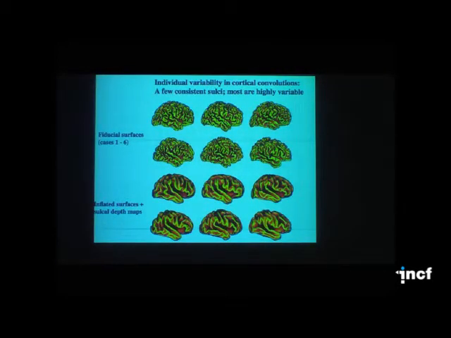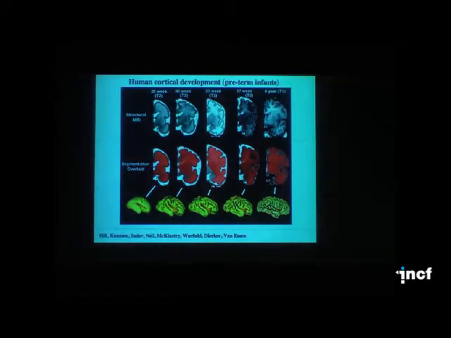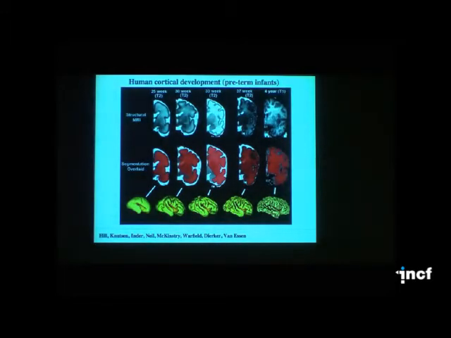But coming back to the folding patterns, if we look at a bunch of individuals and this mildly inflated surface, you see that these folding patterns, even when we smooth them out, there are only a few that are highly consistent, and in most regions there's just tremendous variability that's almost like the cortex was crumpled to get it there. A quick aside about why the cortex folds and what it signifies.